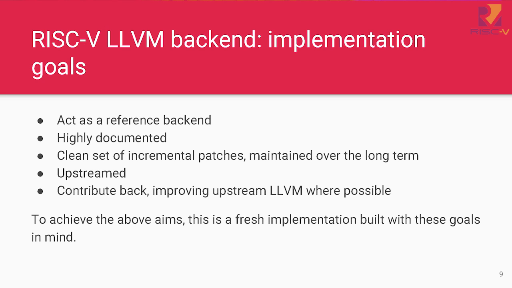I think there's a huge opportunity, which I've been working on, for RISC-V to act as the reference backend for LLVM. RISC-V is importantly open source, modern, very clean, all the reasons that we like it. So it's an ideal candidate for being the textbook example of how you write an LLVM backend. And this is useful both for the upstream LLVM community, but incredibly useful for all the groups trying to explore new extensions to RISC-V, who are working on or evaluating new proposals. I think obviously documentation is clearly part of that.